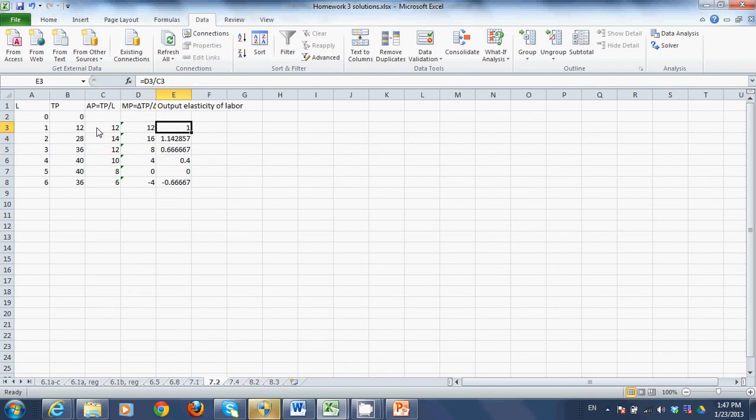Now, for output elasticity of labor, there happens to be a formula. So, MP divided by AP. And you can figure that out if you imagine just this delta TP divided by TP, that's the percentage change in total product. Delta L over L, that's the percentage change in labor. The ratio of a percentage change in one thing to the percentage change of something else is generally called elasticity. So we can calculate those elasticities, and then